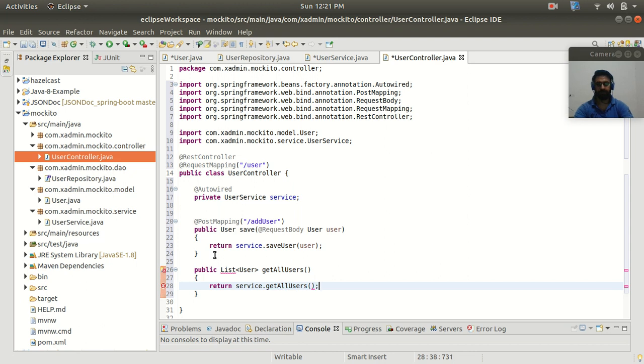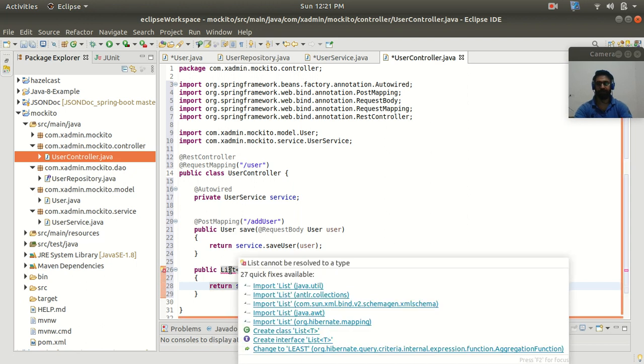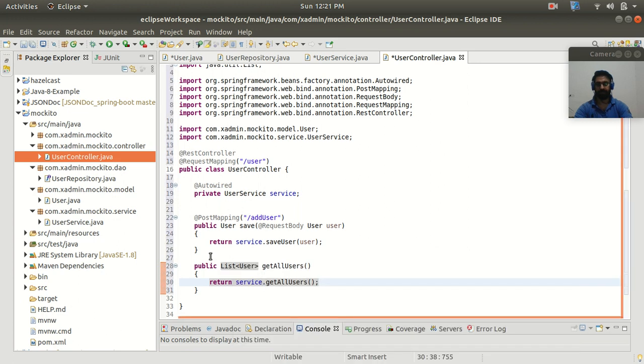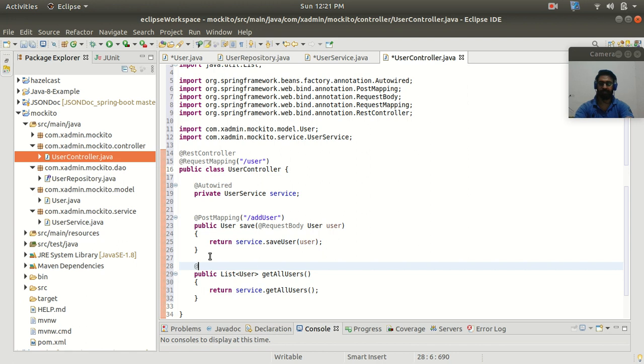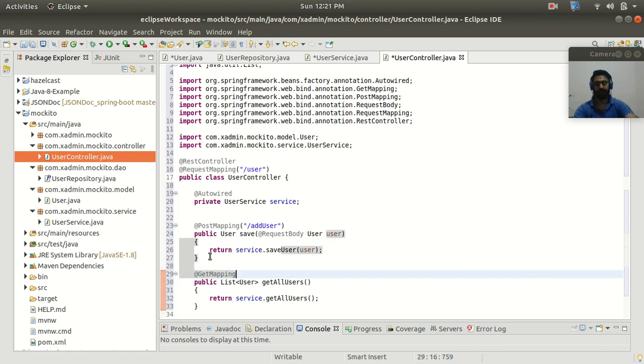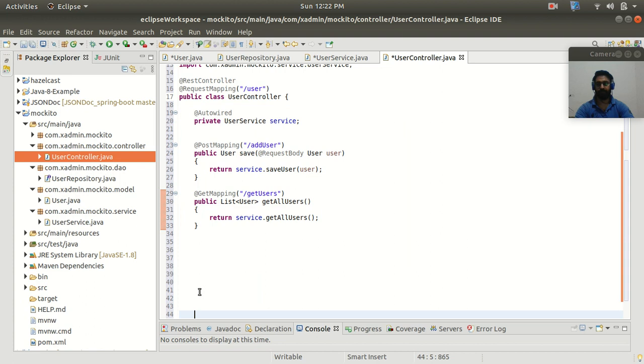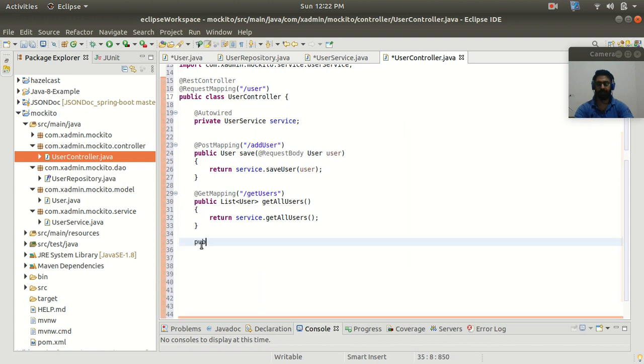So it is going to return the list of users available in my database table. So these are the two methods. And now let me add this GetMapping here because I want this endpoint to be called by the HTTP GET method. And here let me add the URL, right?